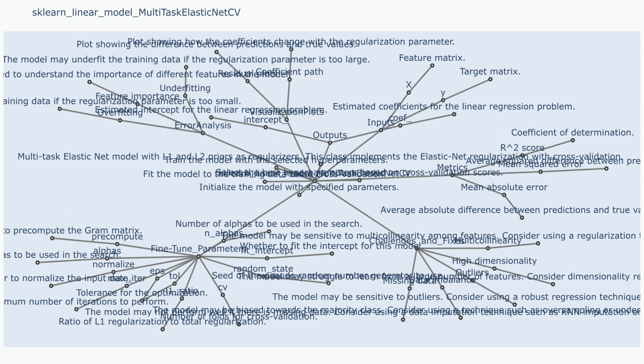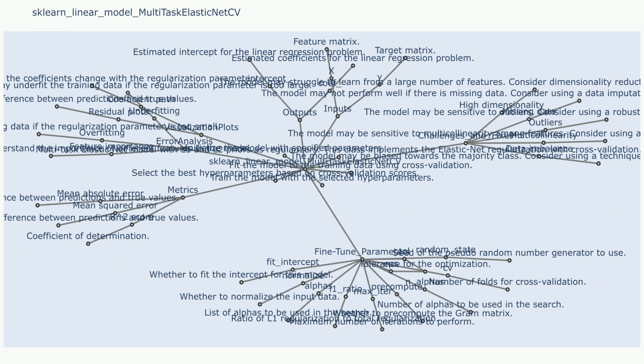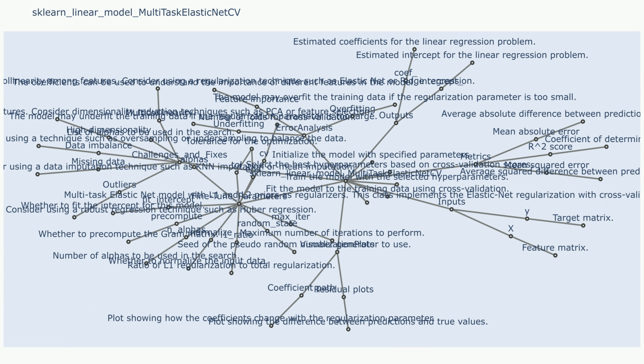Challenge 4: data imbalance. Sample use case that resulted in challenge 4: when the target values are imbalanced, the model may be biased towards the majority class. Fixes to challenge 4: oversample the minority class. Undersample the majority class. Use weighted loss functions. Challenge 5: outliers. Sample use case that resulted in challenge 5: outliers in the data can significantly affect the model performance. Fixes to challenge 5: remove outliers from the data.